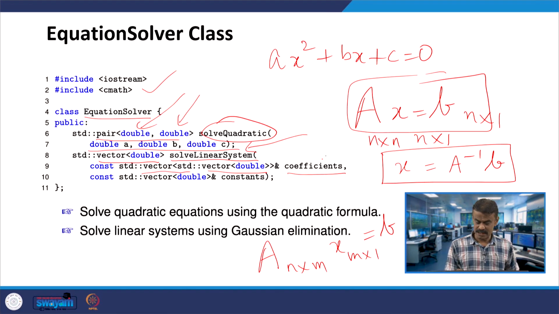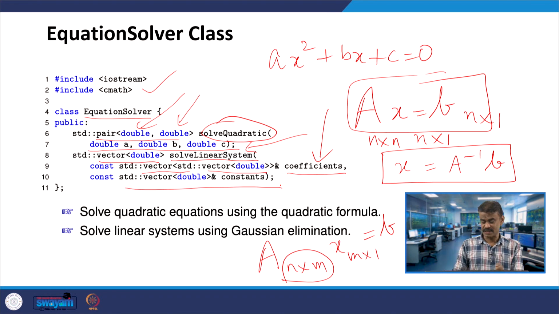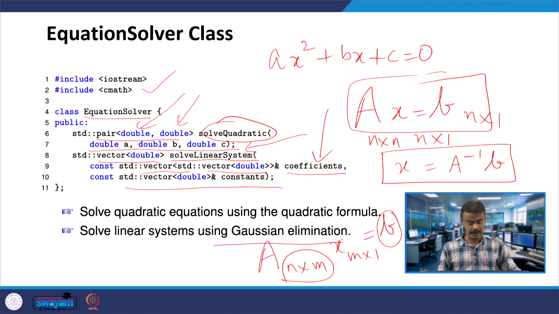So, one is the coefficients, that means capital A is called the coefficients, a vector of vector, in general of size n cross m, and in particular we always try to choose a square matrix, A is n cross n if both n and m are equal. And then you have the vector which is constant, that is your B. I am trying to find the solution for x; A and B are the input. You can solve using Gauss elimination or several other methods, Gauss-Seidel, LU decomposition, etc.